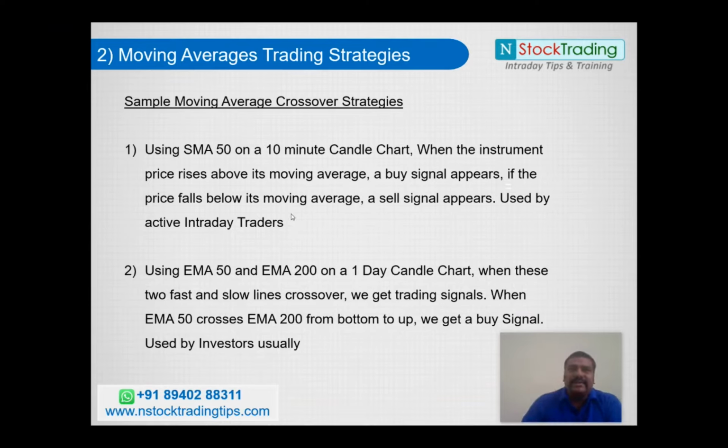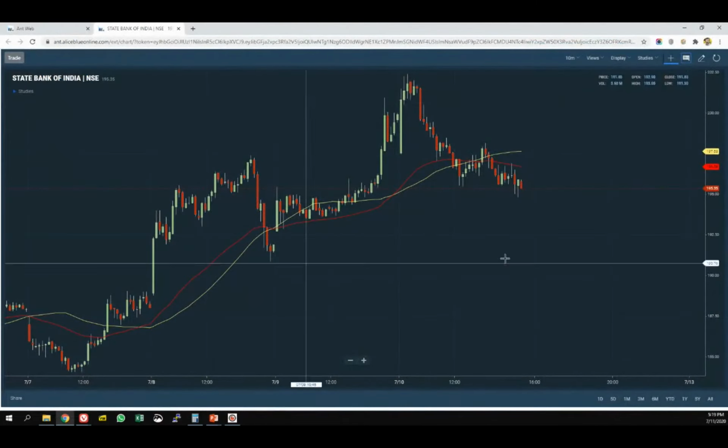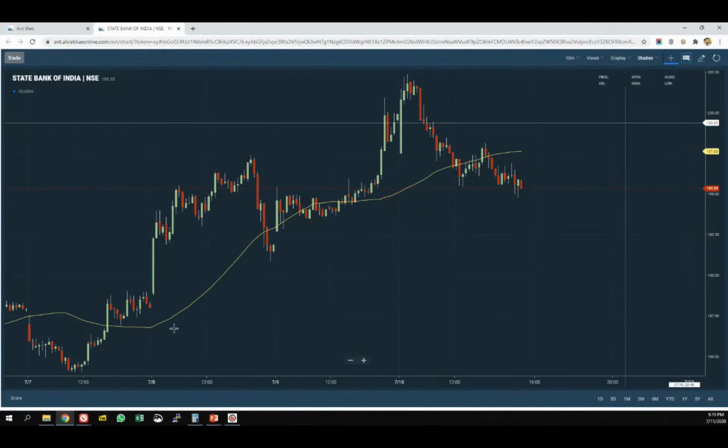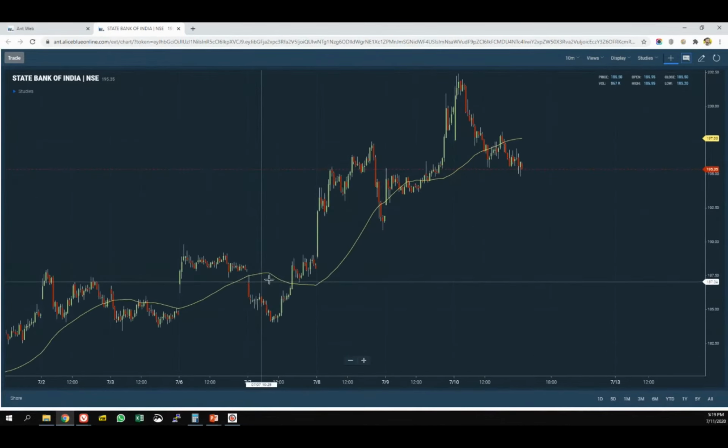I'll give you 2 scenarios. For example, we are going to show an SMA 50 on a 10-minute chart. So let's see what happens. Now we have this line. This is the simple moving average 50 line indicator. Now, how do we use this to trade? When the market price crosses the moving average from up to down, here